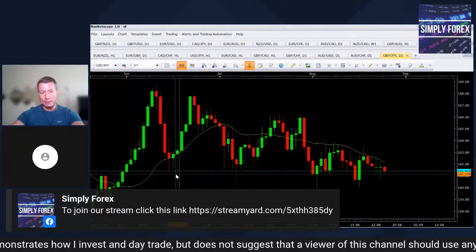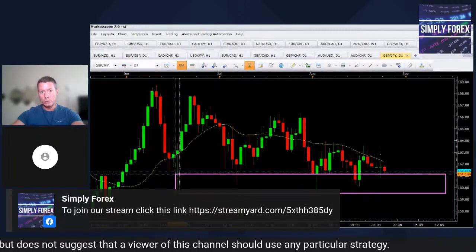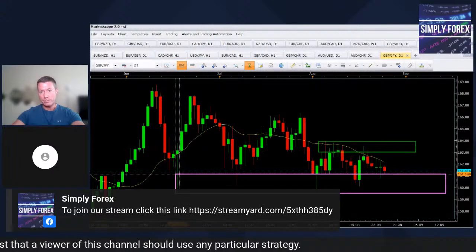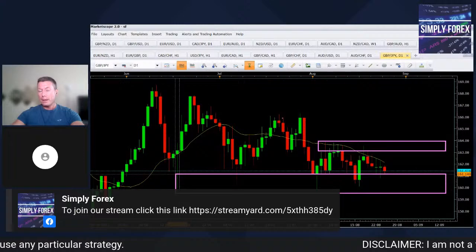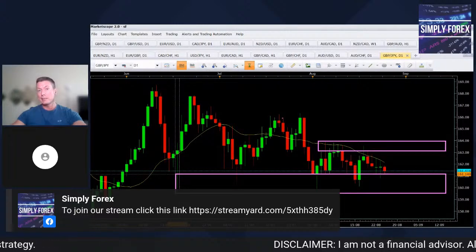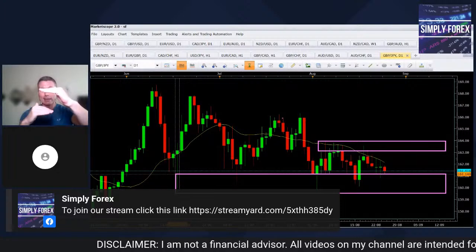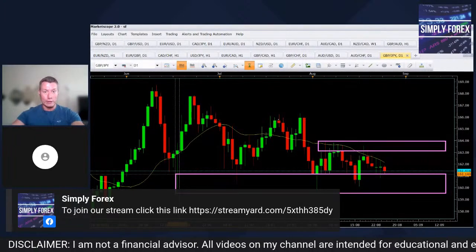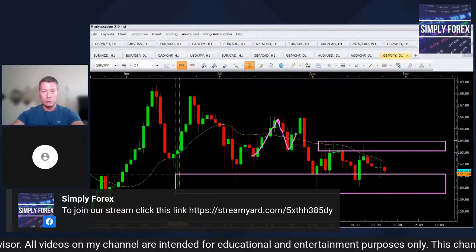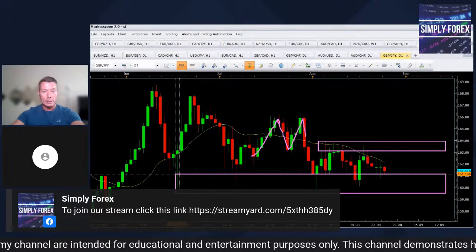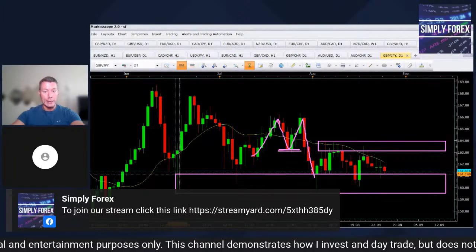On this pair here, you've got these two zones. The problem with some of the yen pairs is there's a fight between weekly and daily. The daily is in a downtrend. It was in an uptrend, higher highs, higher lows, and didn't create a higher high. Then it broke down. When this low is broken, we are in a downtrend.